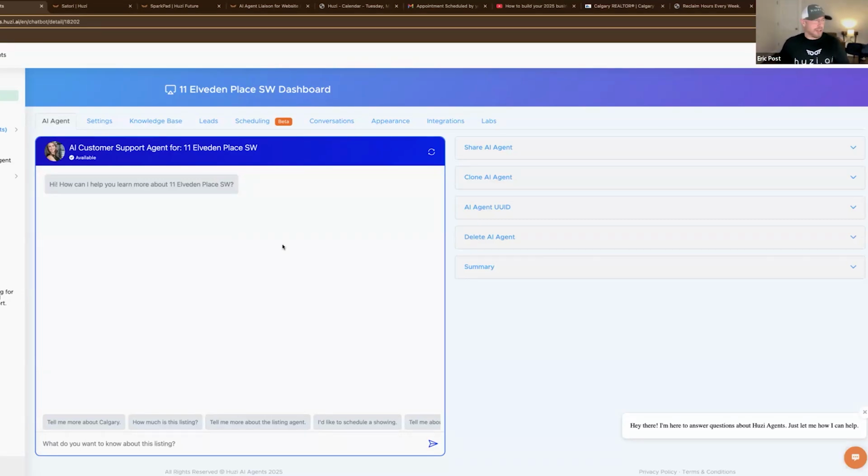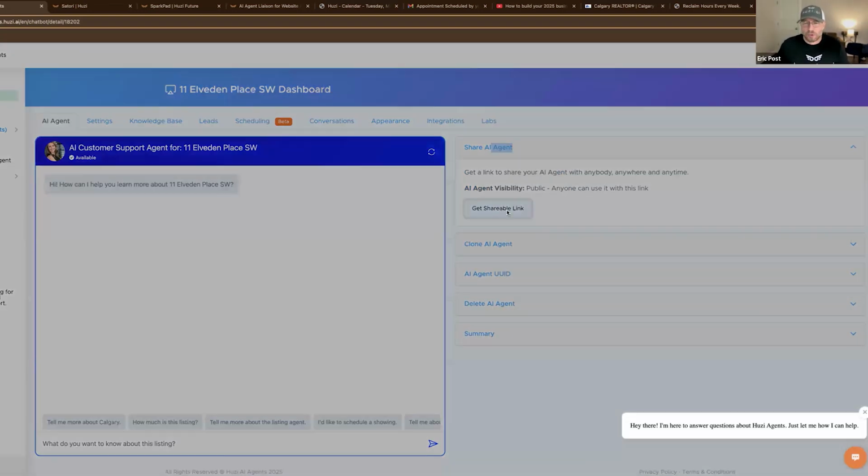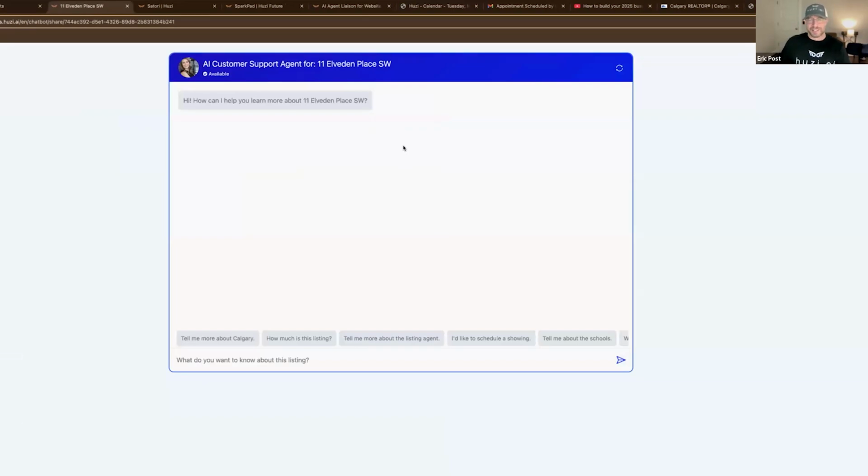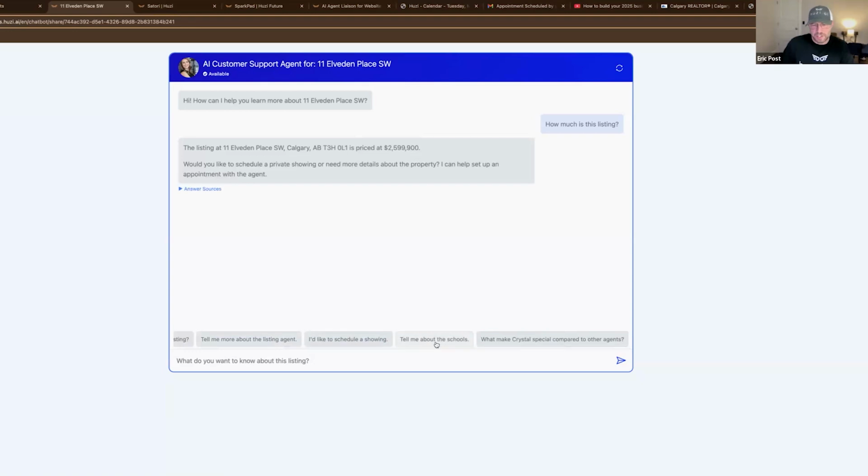If you can imagine a buyer coming up to the sign, seeing a QR code, scanning it, and then being able to go on their phone to something like this, obviously smaller on their phone. Let's say I ask, "Oh my gosh, how much is this listing?" You can see at the bottom here, I created some little categories that give the user push-button access. One of the things I have found with lubricating the adoption of these things is giving them push-button access, something they can just push a button and get the dopamine going and see what it looks like. Josh uses the term that you lower their activation calories, right?